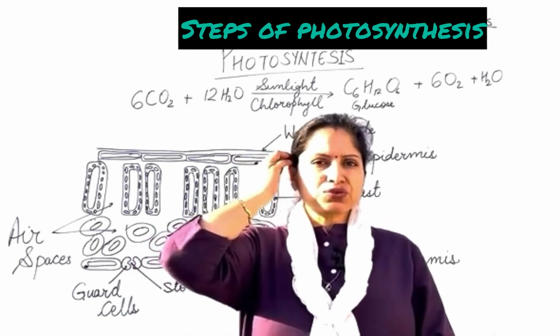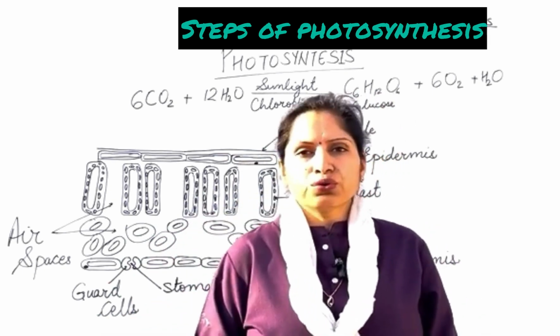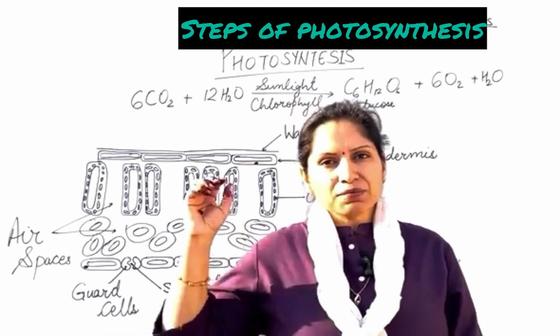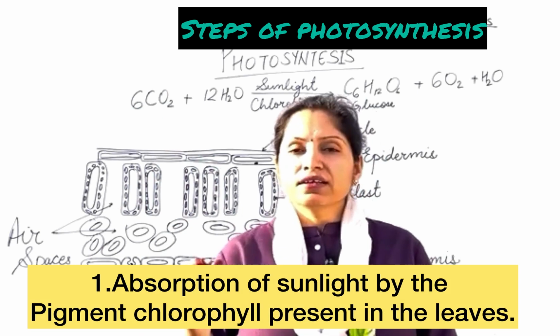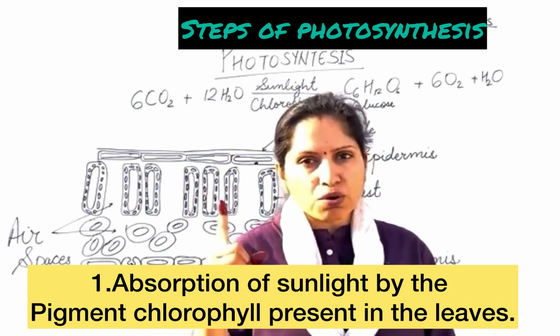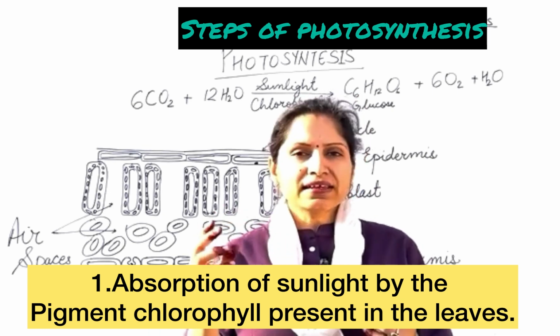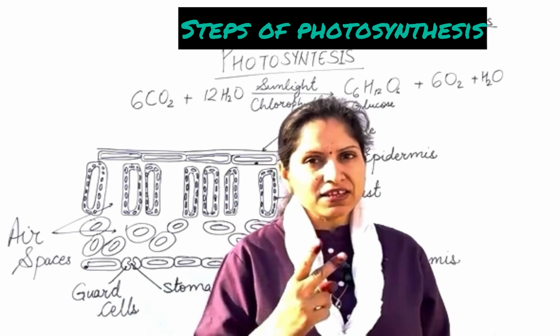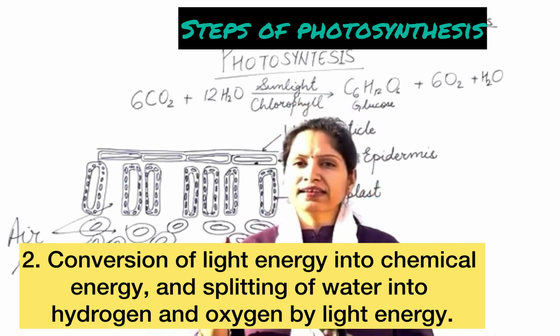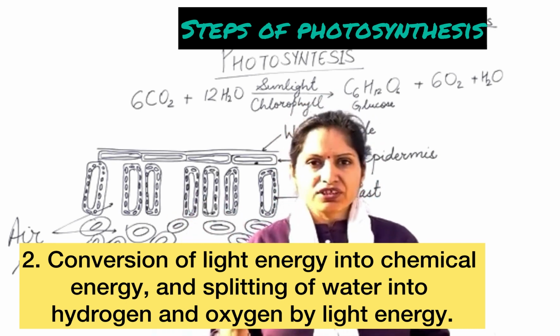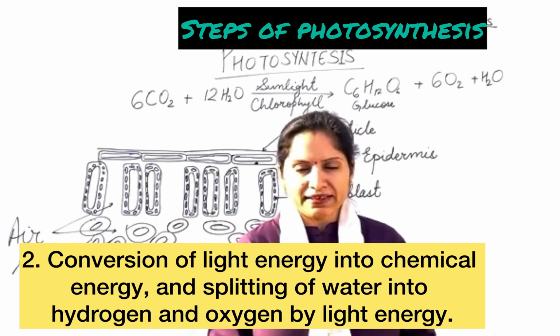So in photosynthesis, you all know the plants have to prepare their own food. For preparing the food, the plants absorb the sunlight. The first step of photosynthesis is absorption of sunlight by the chlorophyll present in the plants. With this sunlight, what are the plants going to do? The second step is conversion of this sunlight, having solar energy, into chemical energy,